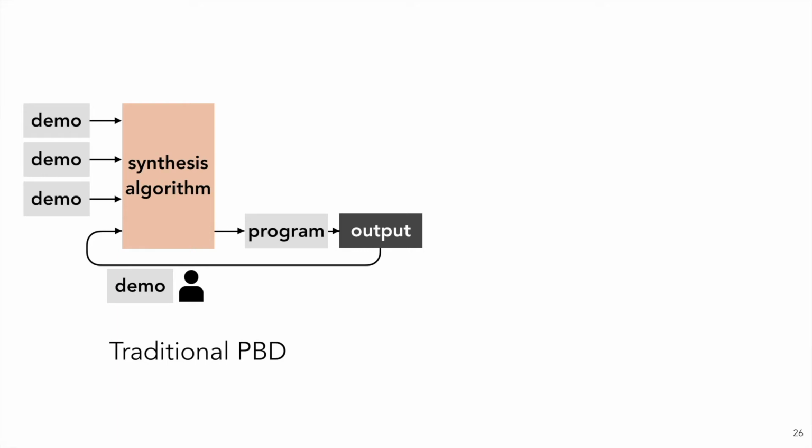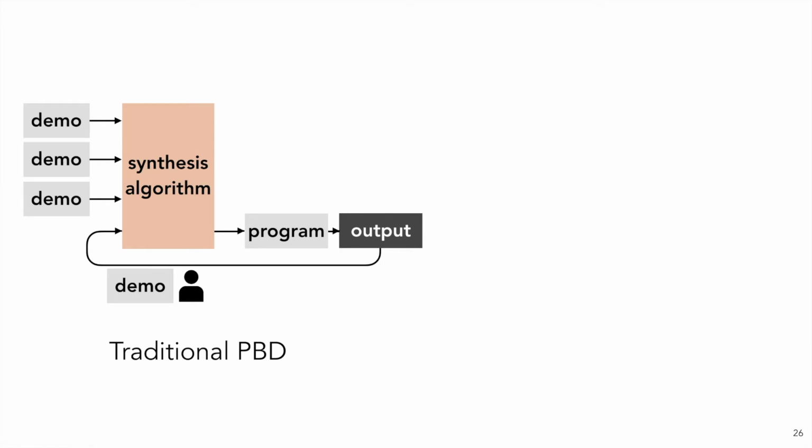So in traditional programming by demonstration, you have a lot of different demonstrations. You throw those all into the synthesis algorithm. The synthesis algorithm produces a program. The program, once you run it, produces an output. The user looks at that output in order to actually debug the program. So they say, is this output what I actually expected? Because they are not expected to actually read and understand the program. They're expected to read and understand the output of the program. If they like the output, fantastic, they're done. If they don't like the output, they have to go right back around this loop, so they give another demonstration